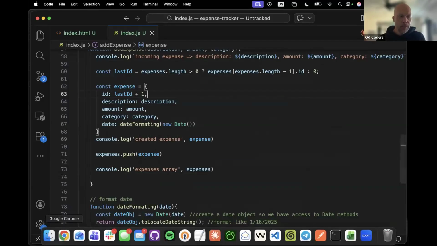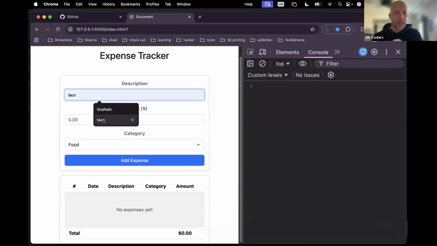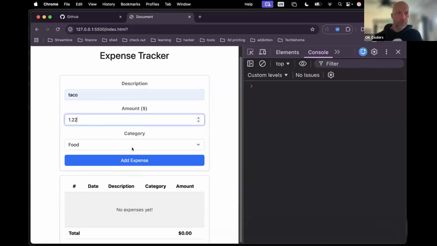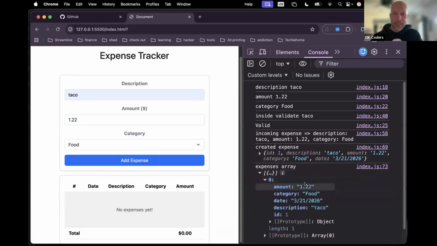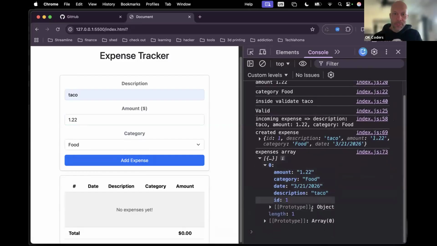Okay, so now if we go to our browser and we add an expense again, then we can see here we have this expenses array that's an actual array and it has our object within it. It has ID of 1. If we add